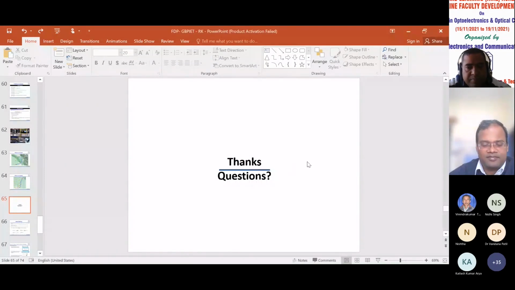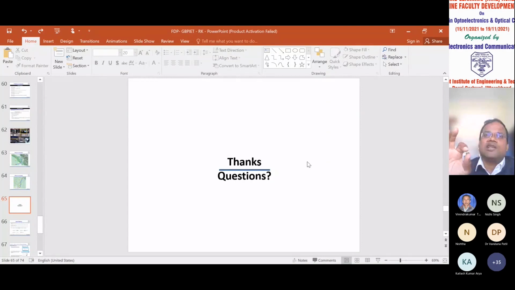Sir, my question is, if I want to observe the transmittance, reflectance, and absorbance properties of GST on a silicon or SiO2 substrate, what should be the thickness of the GST that can be used to observe these characteristics? So the thing is, if you are properly placing it on the silicon, let's say at the center, then 10 to 50 nanometers is fine.